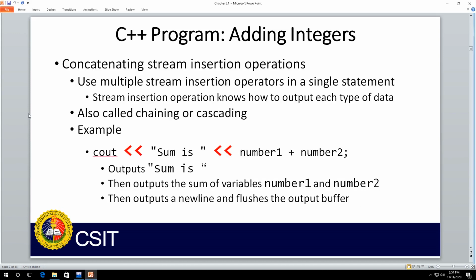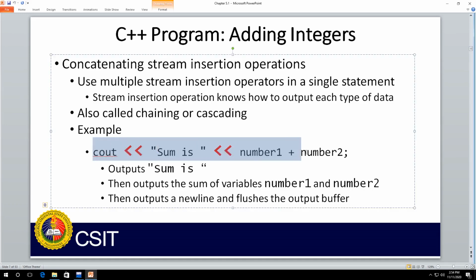So, concatenating stream insertion operations. You can use multiple stream insertion operators in a single statement, correct? What if you connect a label and a value or a variable? The stream insertion operator knows how to output each type of data, and this is also called chaining or cascading. So for example, this one,